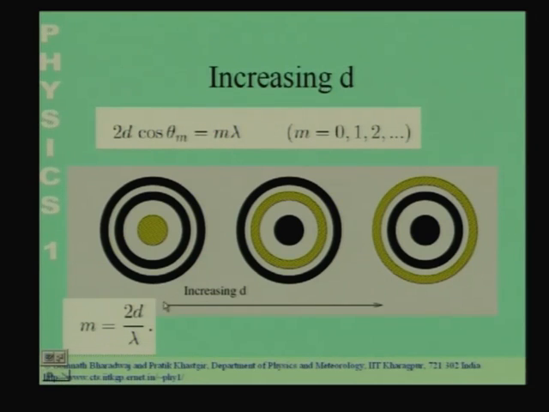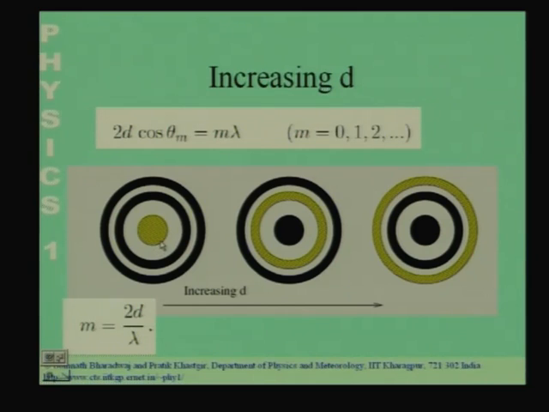The next thing that we had considered in the last class was what happens to the fringe of a particular order m as you increase the difference in the arm lengths. So, we had followed the evolution of a dark fringe of a particular order. You have a dark fringe of a particular order at the center if the difference in the arm lengths d satisfies the relation that 2d by lambda is an integer m. So, if 2d by lambda is an integer m, you will get a dark fringe of order m at